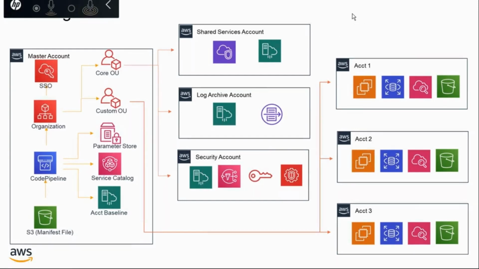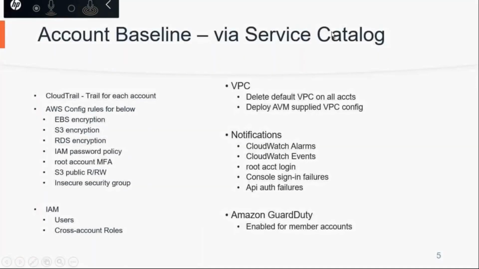So, right, let me go to the next screen. So when you say account baseline, what does Control Tower do? Automatically it enables CloudTrail for all the accounts. And in Config, it will create Config rules to monitor EBS encryption, S3 encryption, RDS encryption. Suppose if you are missing anything, or if you disable anything, it will trigger an alert. So when you create manually, there are chances you may miss any one of these.